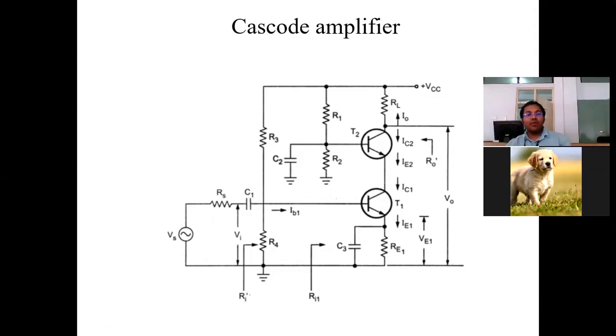So for AC signal point of view, C3 acts as what? Anybody answer? C3 acts as? Please answer. Just now I already told you. For AC equivalent, capacitor acts as what?